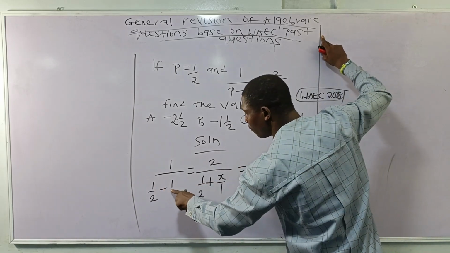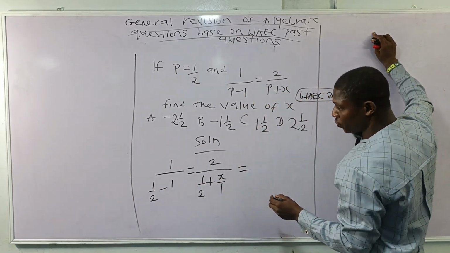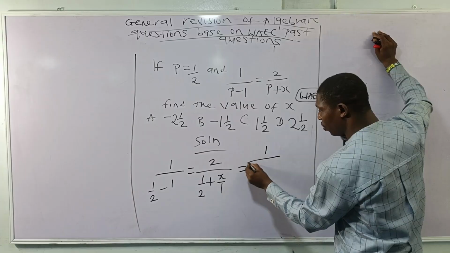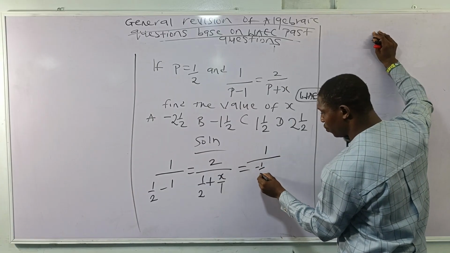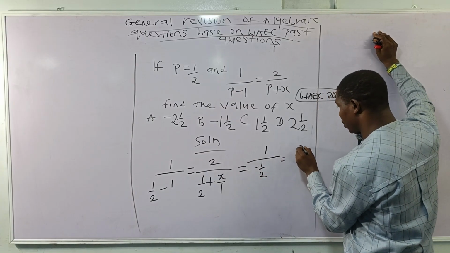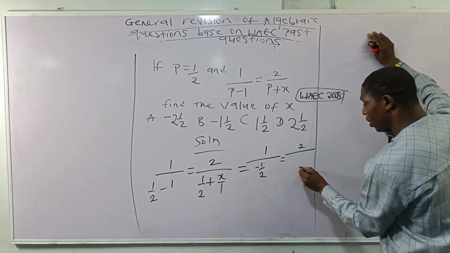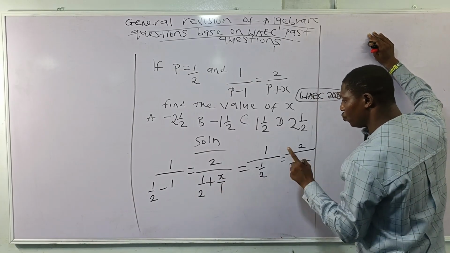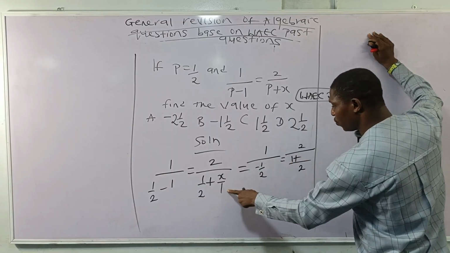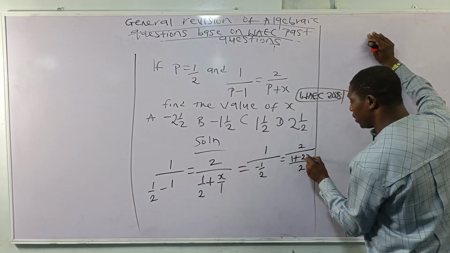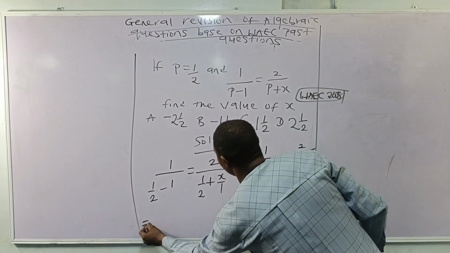Now, half minus 1 will give me what? Minus what? Half. So I have 1 long division minus 1 over what? 2 equals to this 2 here all over. I'll take my LCM of 1 and 2. 2 and 1 to give me 2. 2 into 2, 1. 1 times 1 is 1. Plus 1 into 2, 2. 2 times x, 2x. So I therefore have